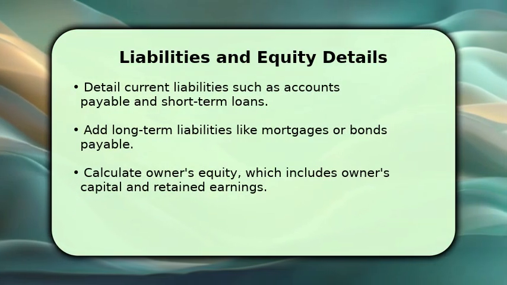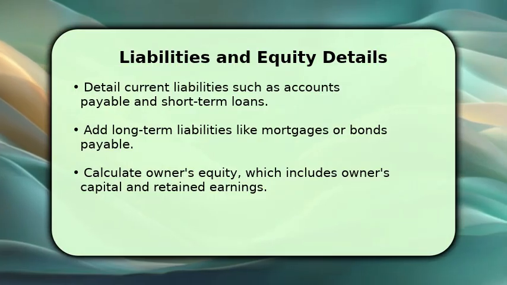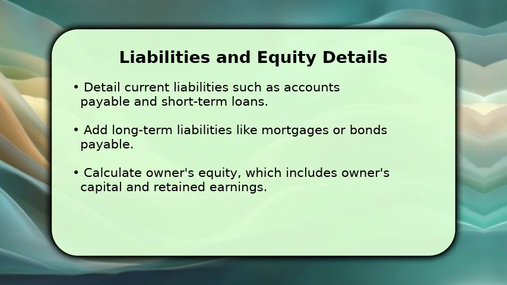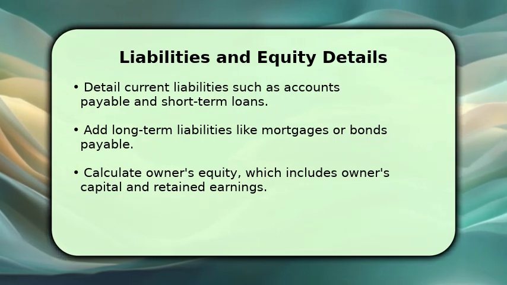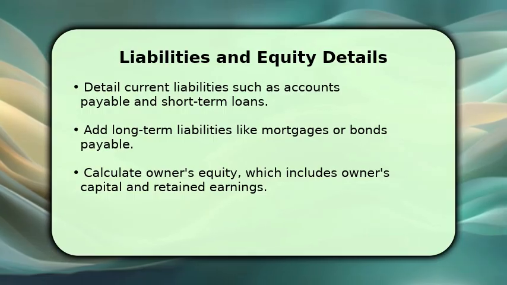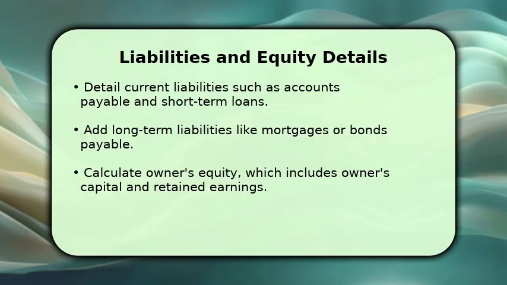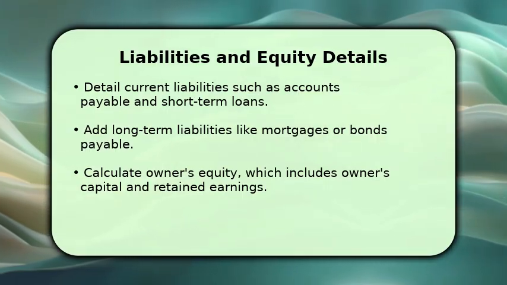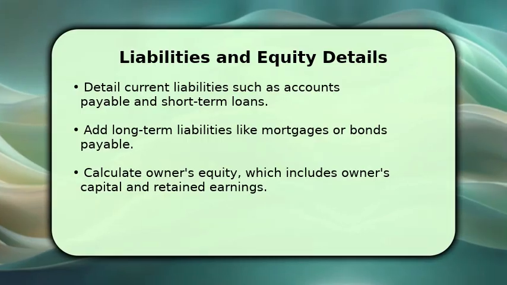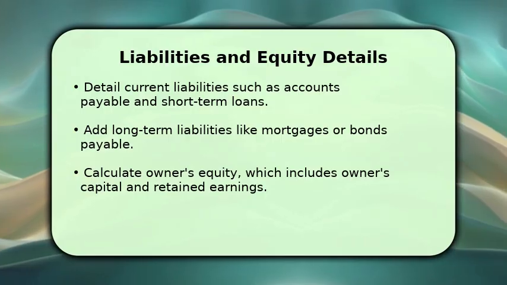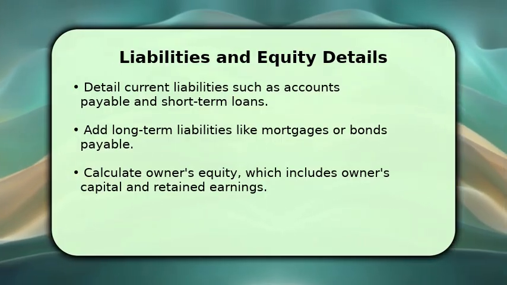Next, we tackle liabilities and owner's equity. Begin with current liabilities, like accounts payable and short-term debts, due within 1 year. Then, list long-term liabilities, such as mortgages or bonds, which extend beyond 12 months. Finally, calculate owner's equity, comprising initial capital and retained earnings. The sum of your total liabilities and total equity must precisely match your total assets, adhering to the fundamental accounting